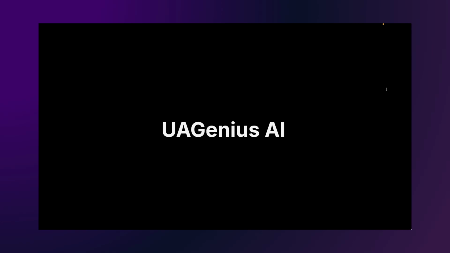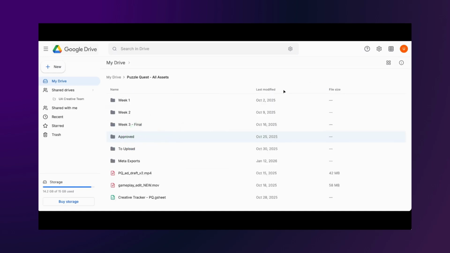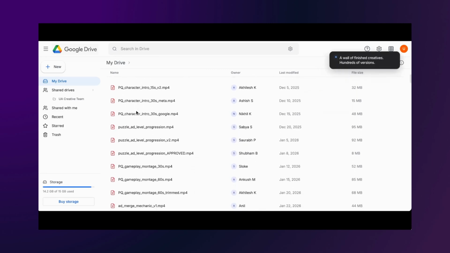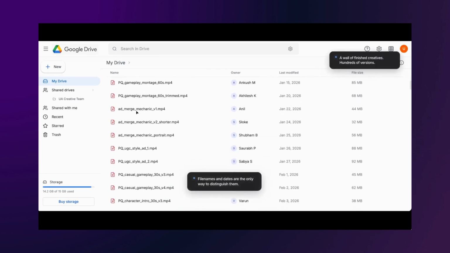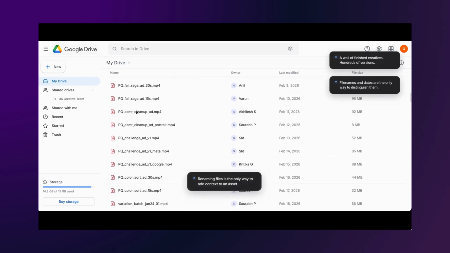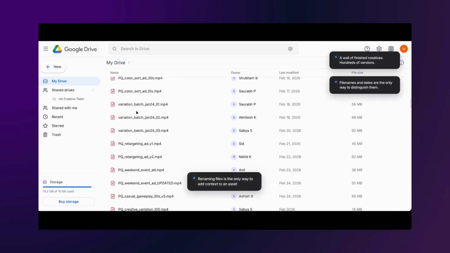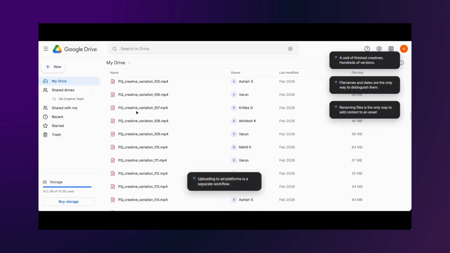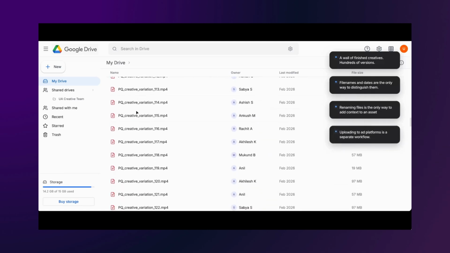Let's look at how Drive by UAGenius manages creative assets when the library becomes large in this video. When a game has been running user acquisition for a few months, there are many creatives sitting in Google Drive or a shared folder somewhere. We have batches from different variations, assets from multiple team members, old campaigns, and new tests. The library grows quickly, and when it's time to choose what goes into this week's upload or the next test